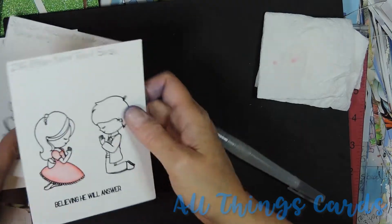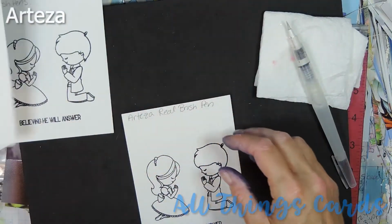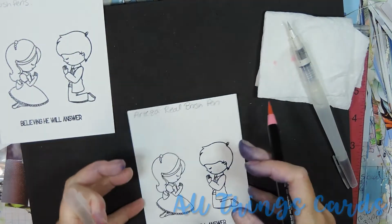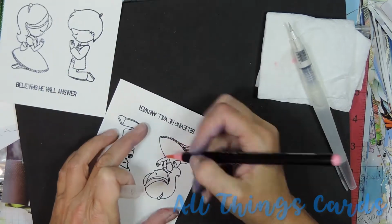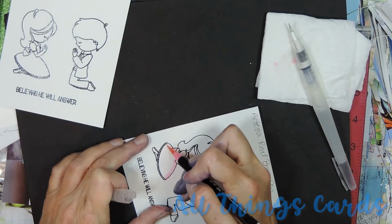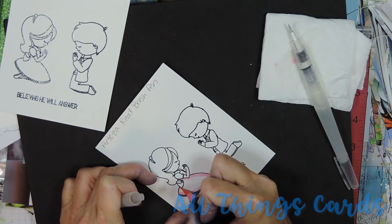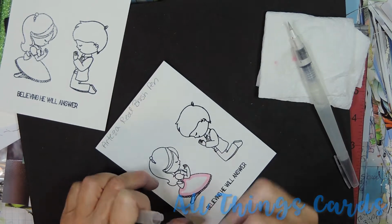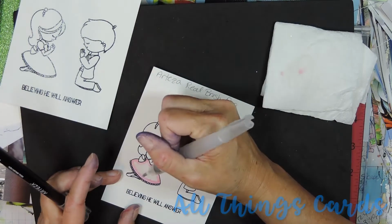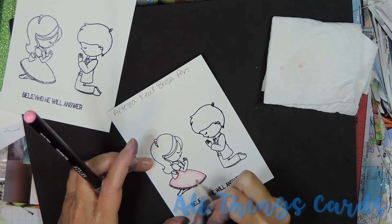Okay, so let's try Arteza while this dries. Arteza. Pink. Light pink. Like I said, we're not really comparing colors, just how they act. Because any color you pick would be the color that you would like to use, so let's not worry about that. Dries much faster, harder to get it to move away from the edge. Almost impossible to get it to move away from the edge. And then it's impossible to add the color